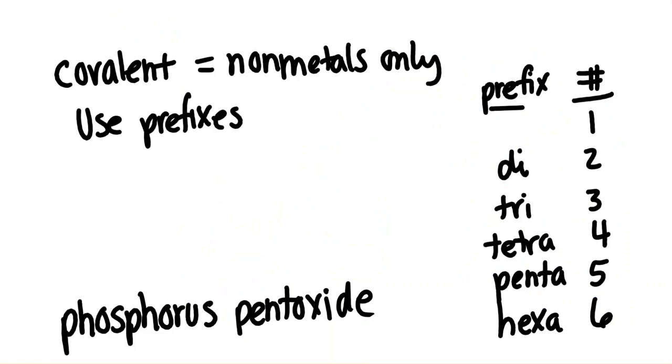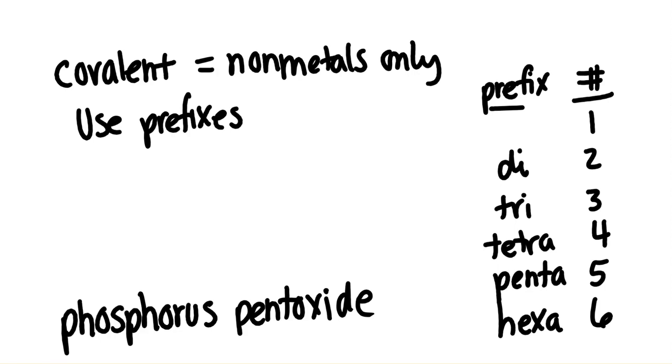Now let's look at some covalent compounds. Remember, all of those ones we did before, we had a metal. And that was the first thing we noticed, and that's why we looked up charges and decided what the subscripts had to be to make it neutral. But what if you don't have a metal, you just have nonmetals only? Then you have a covalent compound, and you're going to have to use prefixes to give you the